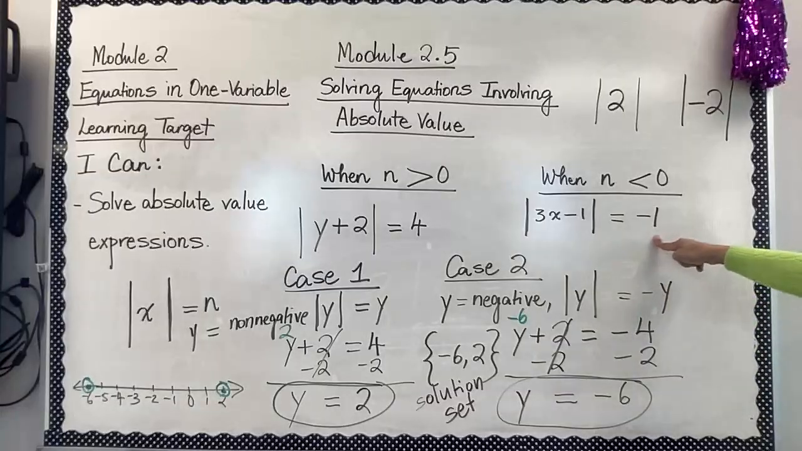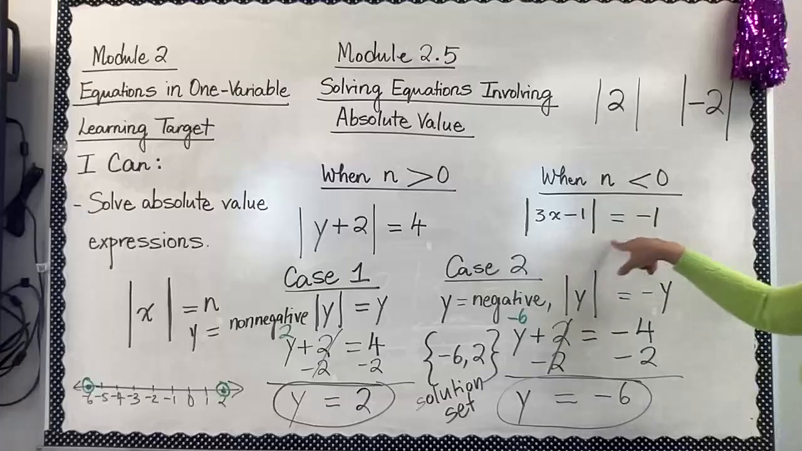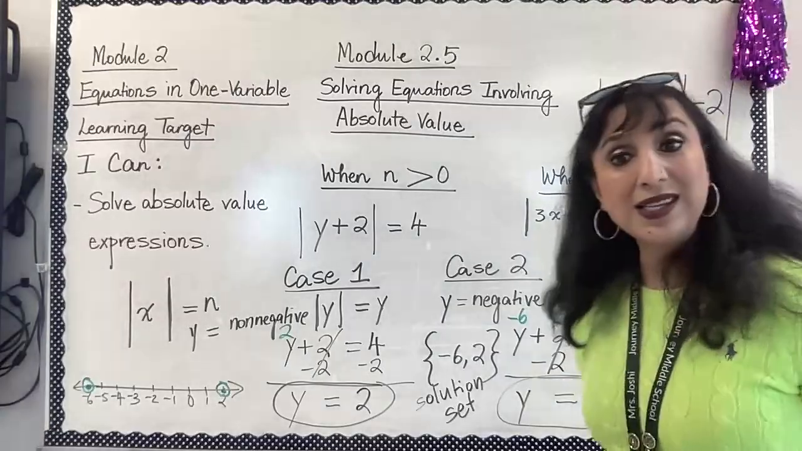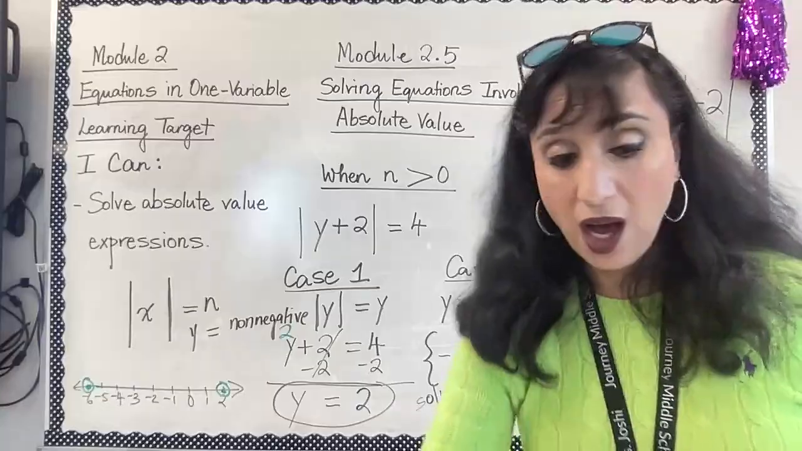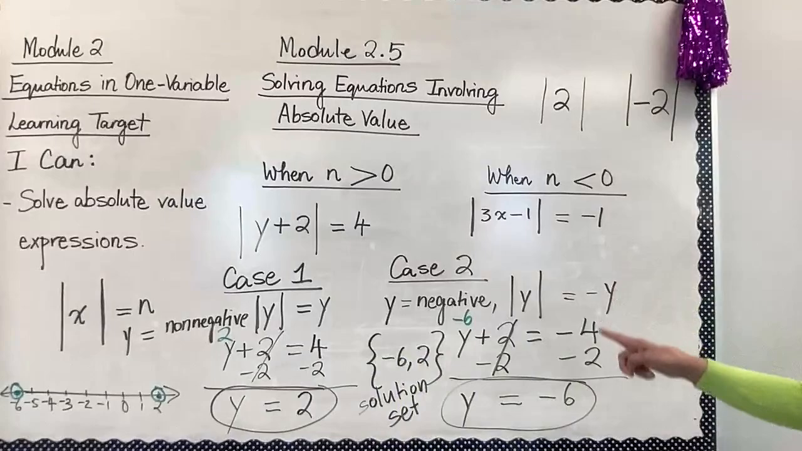Now, let's look at this one. It's saying the absolute value of 3x minus 1 is equal to -1. That means the distance between 3x and 4 is -1. Can distance be negative? Distance cannot be negative. So because distance cannot be negative, if I'm looking at this one,